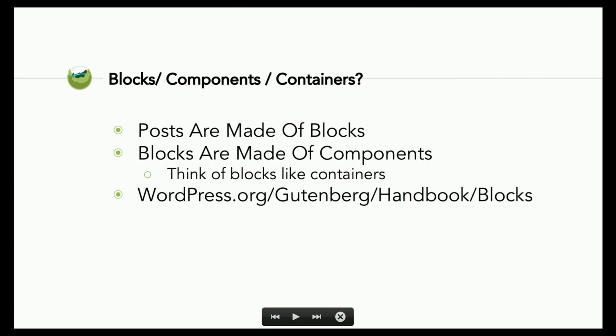Lightning talk, we won't go through all of that. So we can think of posts as now being made out of blocks. And remember, post is a generic term: blog post, page, product. There's opt-in, any custom post type can opt into support for Gutenberg. Blocks tend to be made out of one or more components, if there's any level of complexity. So you can start to think about blocks like you would think of containers in a traditional React Redux application where you have one container that's wrapped in state and then passes props down to smaller components.